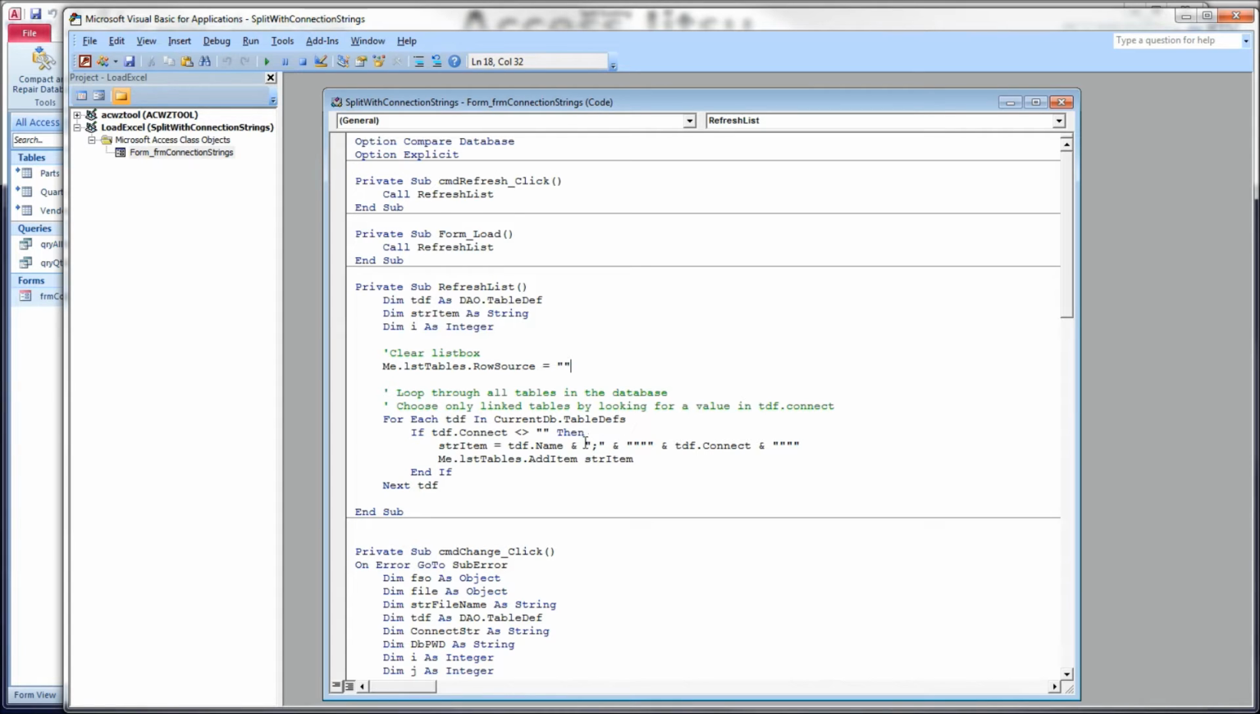Then we set up a loop. We have TDF here declared as a DAO table def object. Table defs are entries or objects that describe all the table objects in our database. And it's a collection, so we can loop through them. Okay, we have a for each loop. We're going to loop through each table def in the table def collection, and then we determine if a table is linked or not by looking at